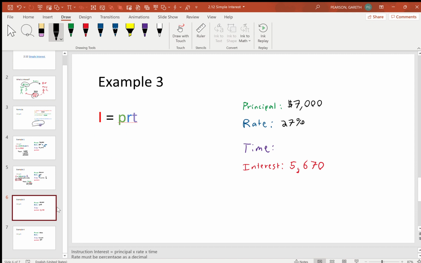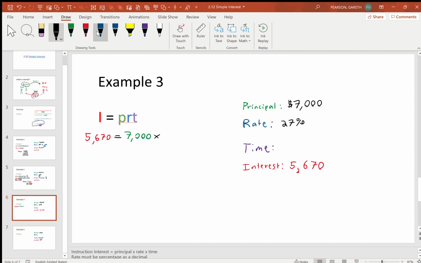In this example, they've changed it up on us a little bit. They've given us the principal, they've given us the rate, but they didn't give us the time. Instead, they gave us interest. So, let's try solving it the exact same way I would solve any equation. Let me fill in what I know. So the interest is 5,670, which equals the principal, which is going to be 7,000,